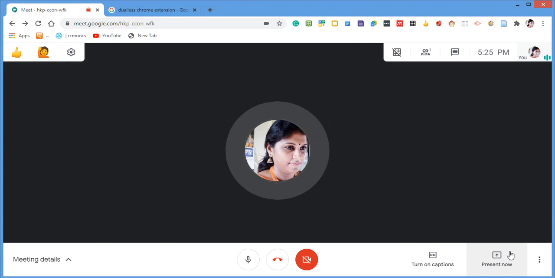You cannot see the other screen of yours. At that time, this icon will be helping you. This Chrome extension will help you by splitting your screen into two.